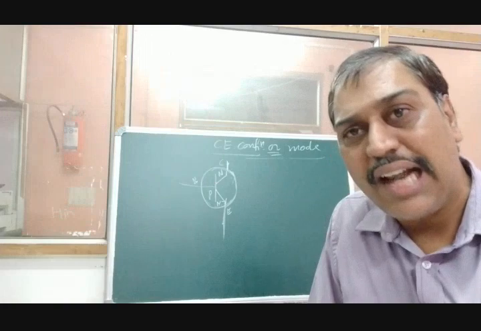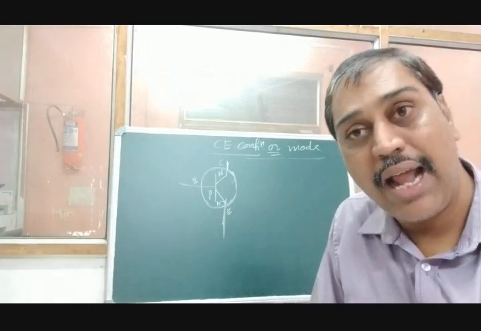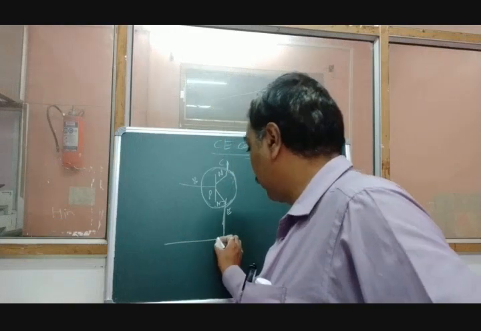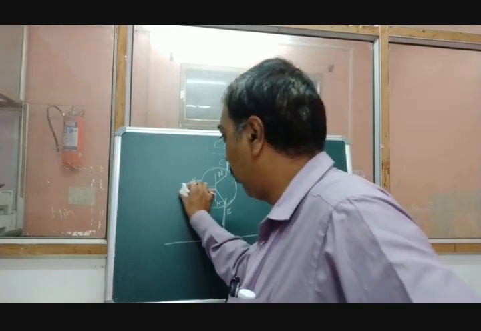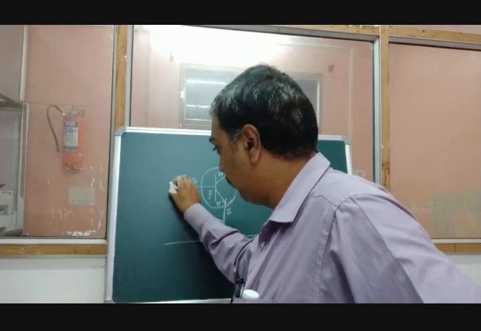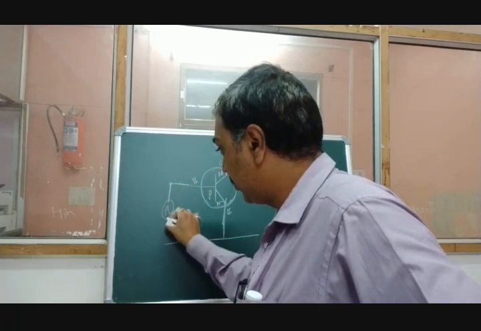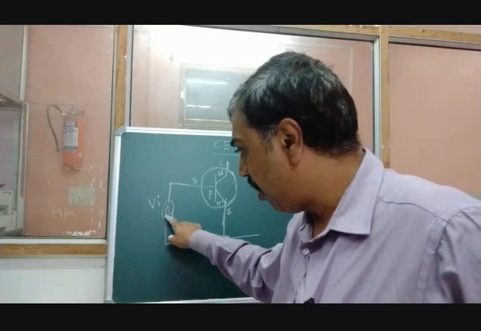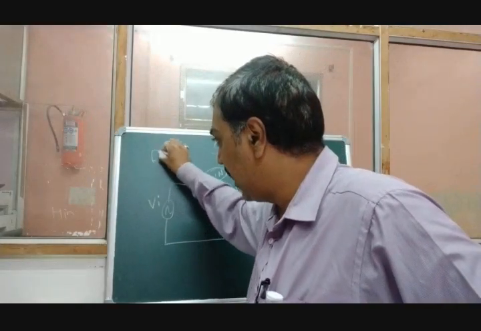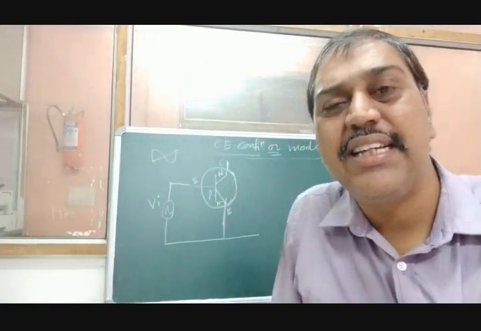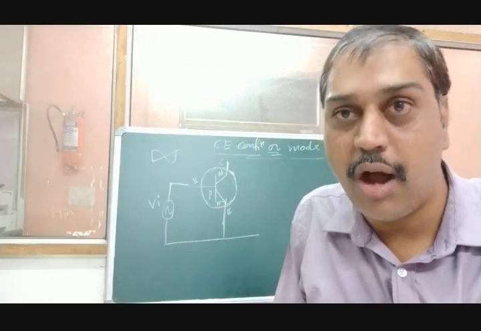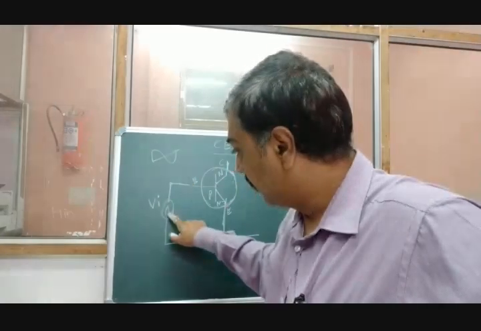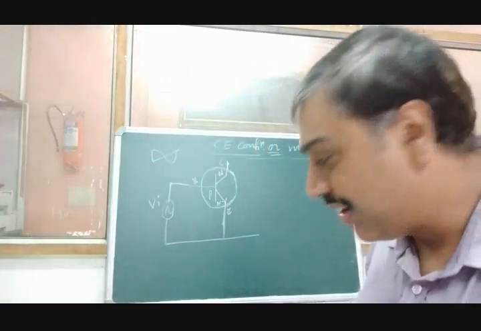Now we have to use the transistor in common emitter mode by applying the input. Just have a look over your book. The base is taken at the input and the emitter is common to input and output. Between these two terminals they have drawn such a symbol and given the value VI. This symbol is for an AC wave. AC input is applied to the common emitter mode of transistor. So this is VR. What is the input current?